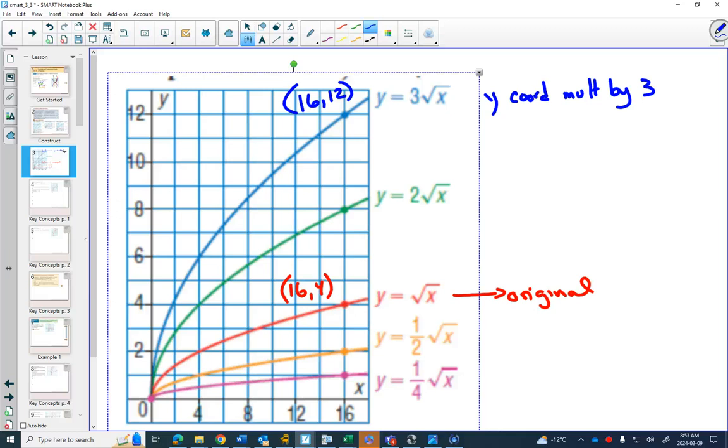And if you do the mental math, right, if I plug in 16, square root of 16 is still 4. Now it's getting multiplied by 3. So to make this a little bit shorter, here we're just going to say y by 2. Label this point 16, 8. The orange one we're going to label y by half. And finally on the purple one,